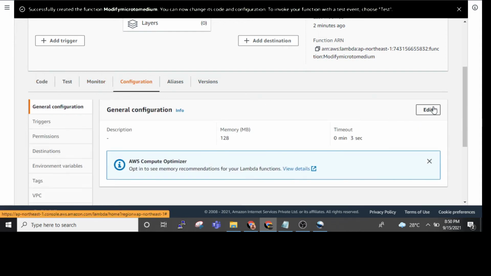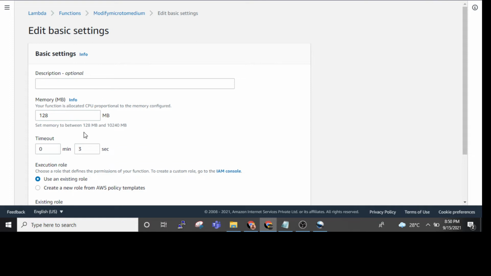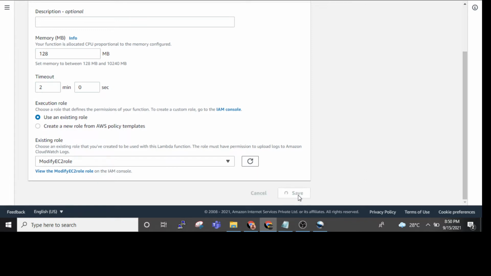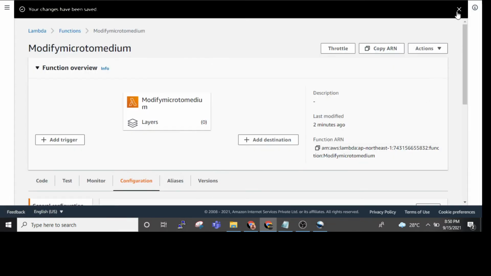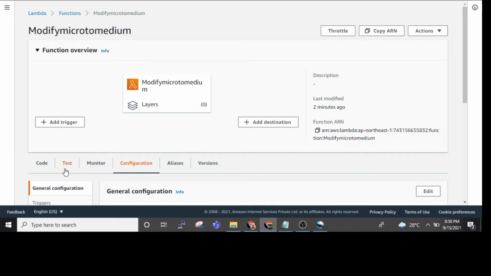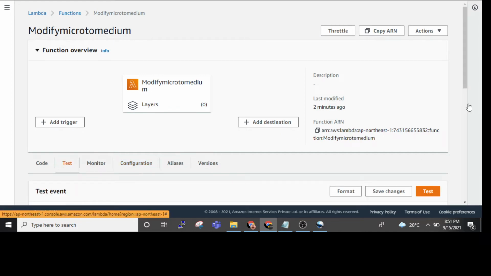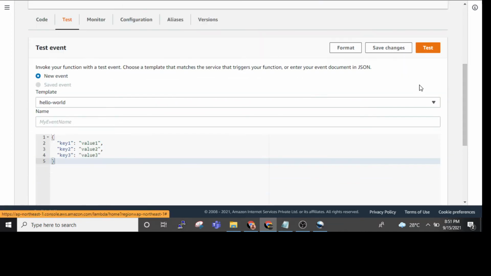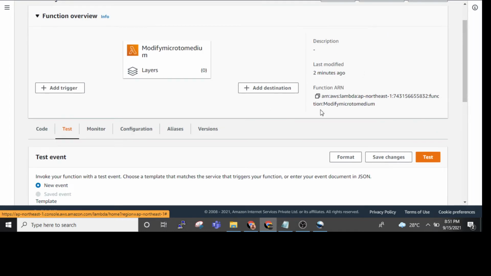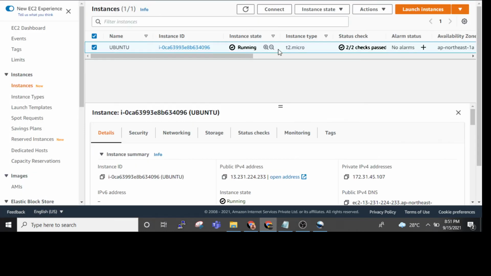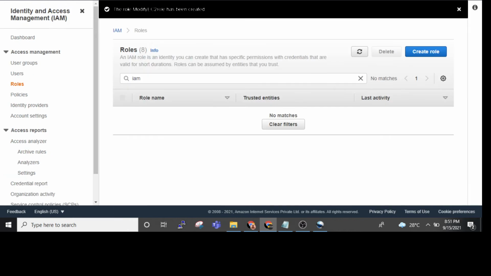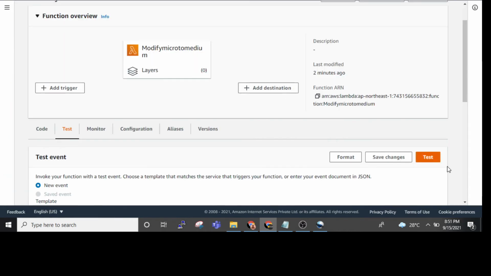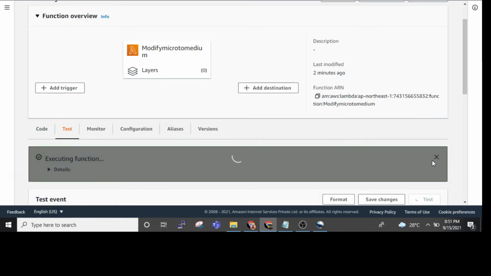And go to the configuration, and timeout will be 2 minutes. Okay, so save it. So after that we can write. Okay, so we can test it now. Let's see. So right now it's T2 micro, and we can click on test.